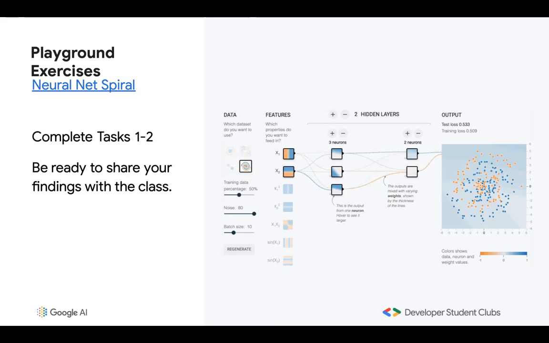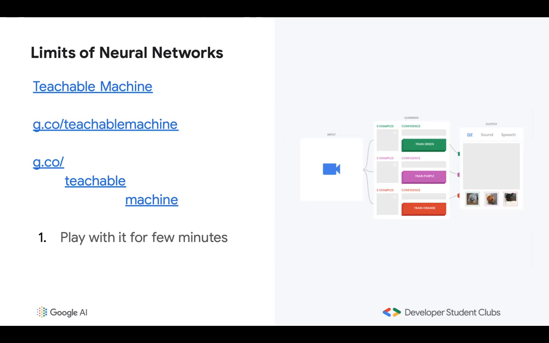Right. So I think that's 10 minutes. So feel free to try the rest of it at home. What we've got here is a fun little exercise we can try out called limits of a neural network. It's essentially a neural network where we can easily input data and see how it works out. So I'll try to screen share me playing this using some input files on my own computer.